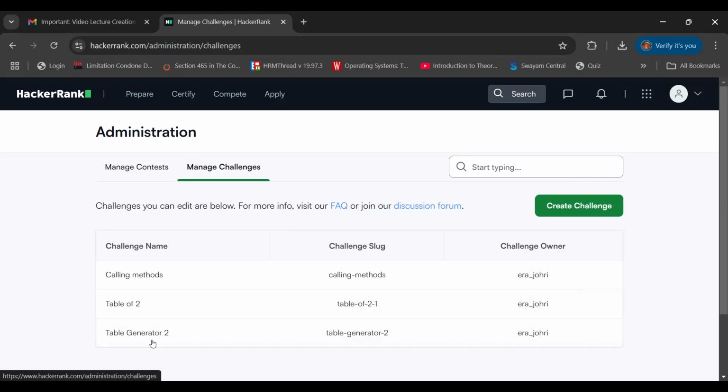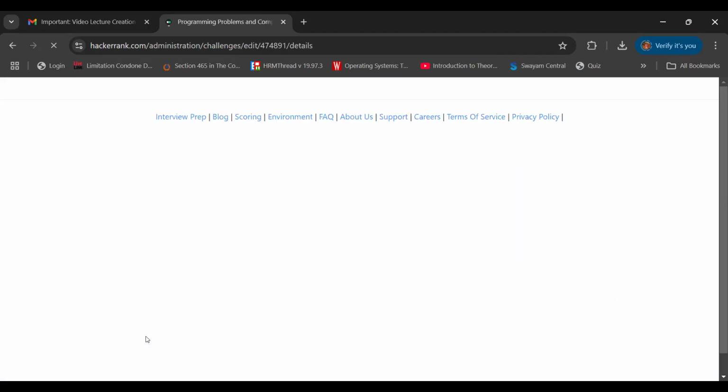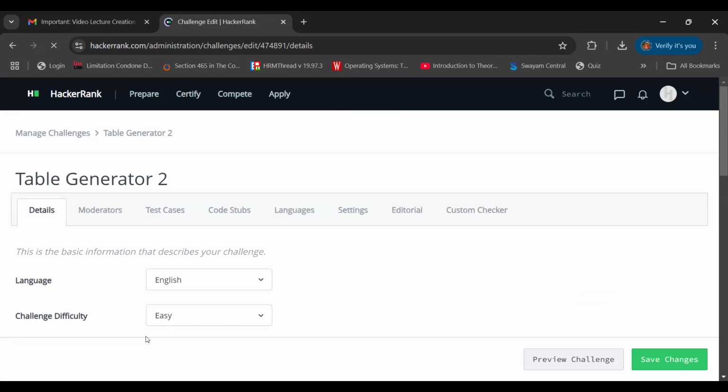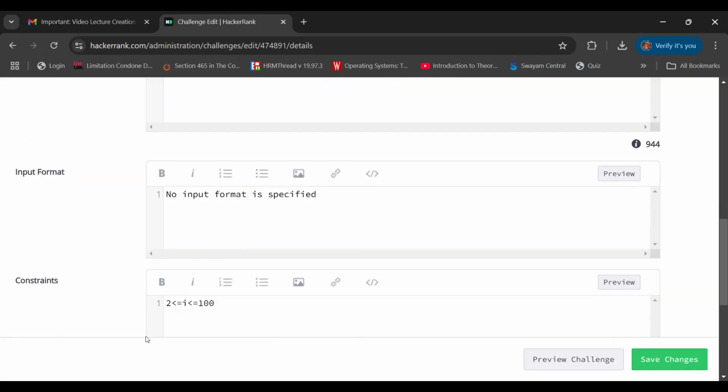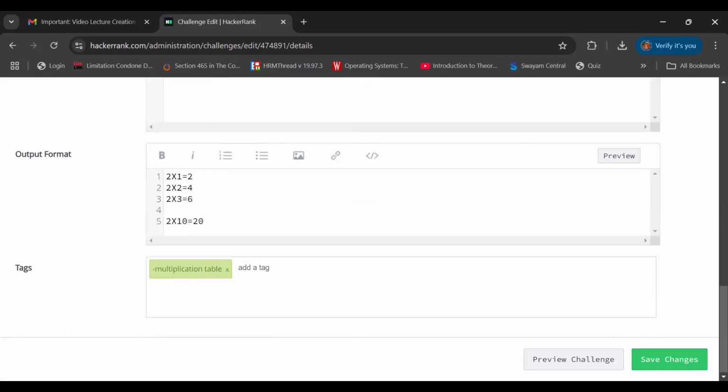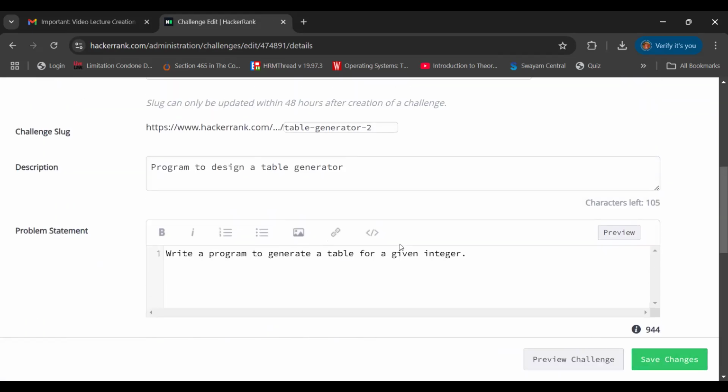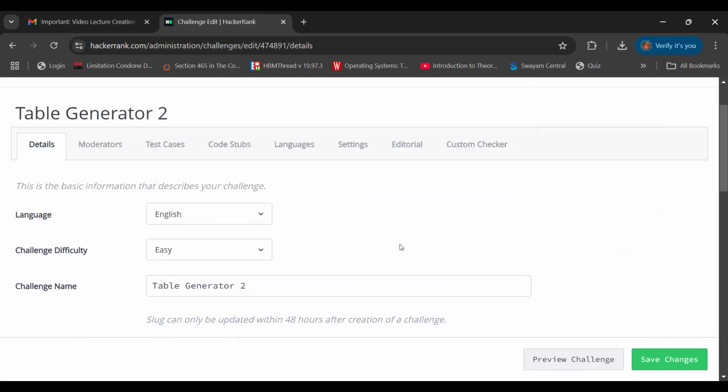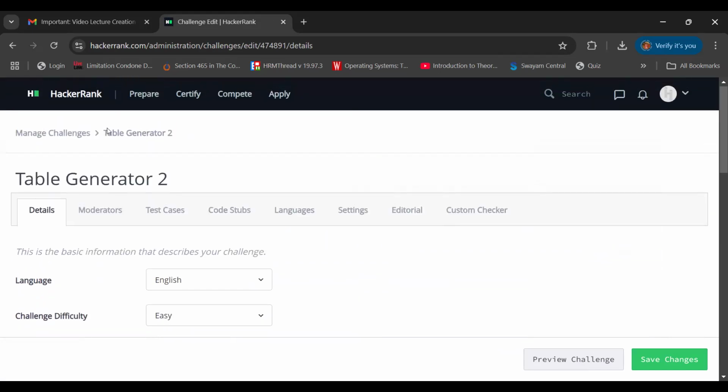This is the table generator. This is all already specified. We cannot preview the challenge as of now. Why? Because we have not broadcasted the challenge, but definitely going back, manage challenges,